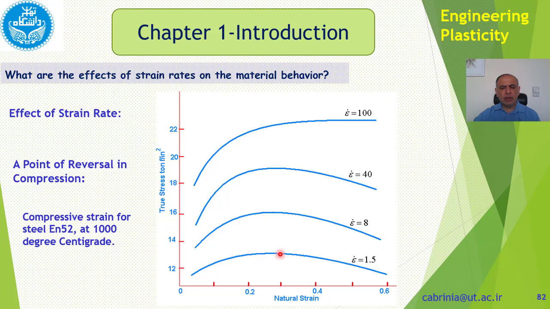So what happens at 1000 degrees at this point, which is the maximum? It is a point of reversal. The behavior of the material reverses from hardening to softening. Why does this happen? The reason this happens, in fact, as we increase the deformation, as we work